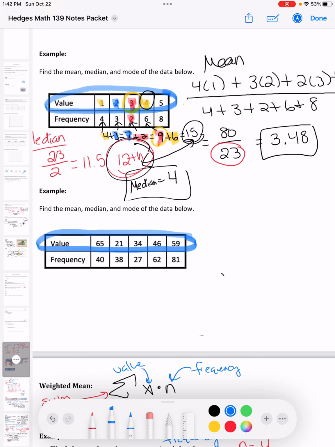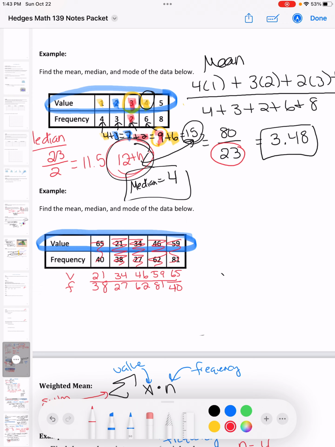Down here, they're not. So I'm going to just rewrite this chart and put them in numerical order. The smallest number is 21. Looking at the values, the next smallest value is 34. The next smallest value is 46. Then the next one is 59, and the last one is 65. So that's this chart rewritten